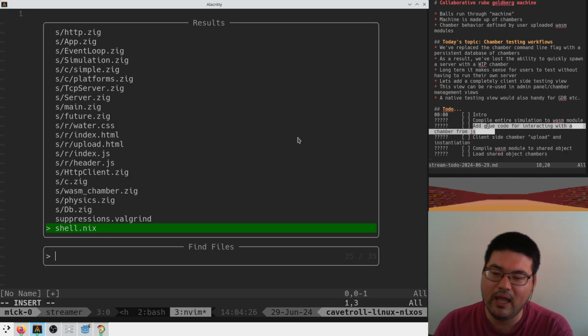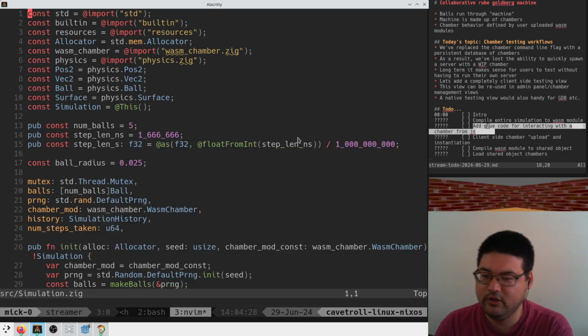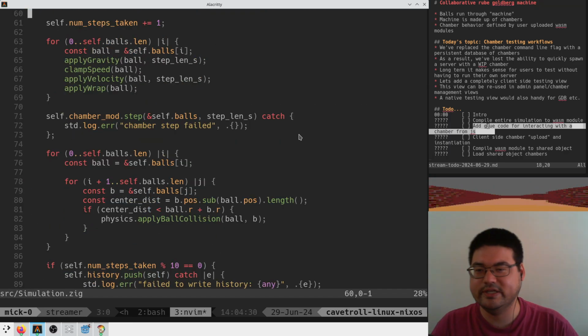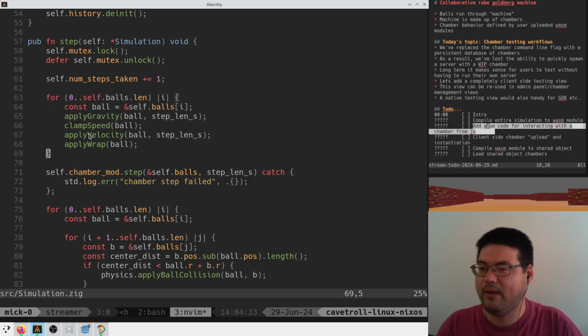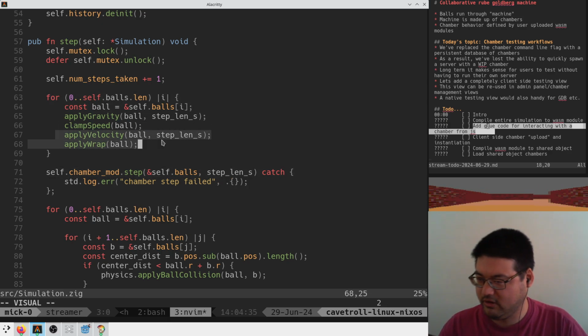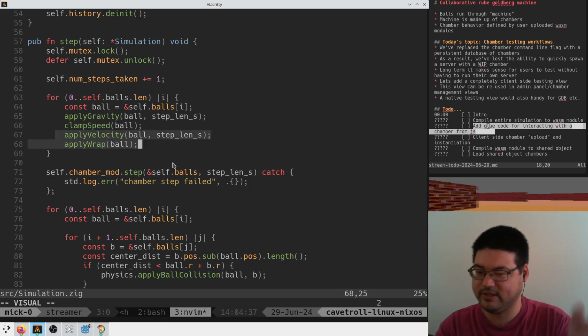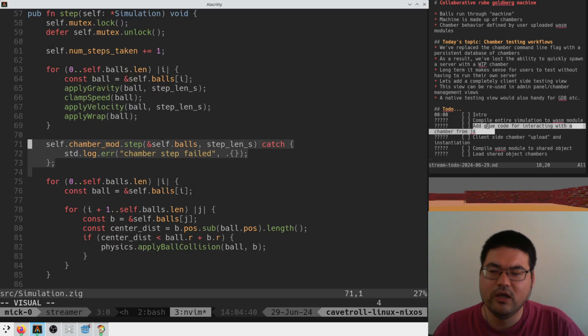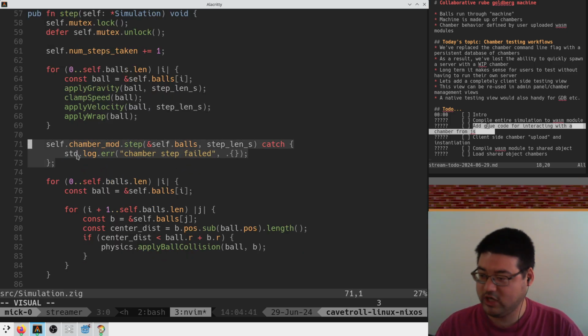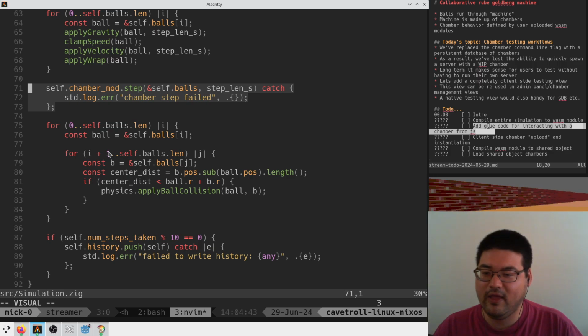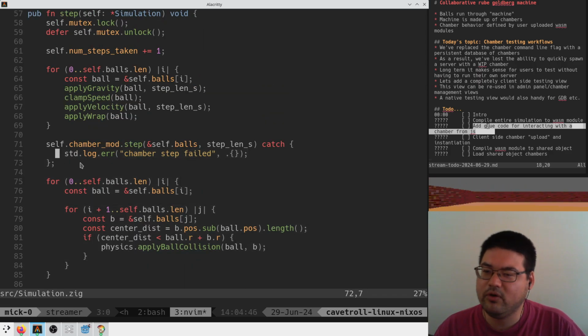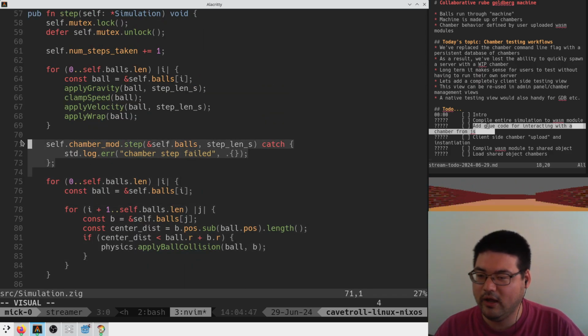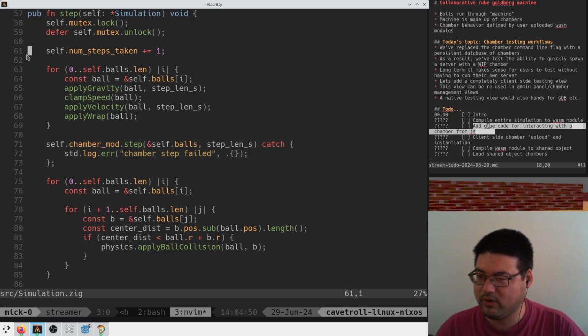So right now we have our simulation. It does this stuff where it says, I'm going to do some stuff with the balls, right? I'm going to apply gravity, I'm going to clamp the speed, I'm going to apply velocity, I'm going to wrap the balls around the chamber based off if they go past the chamber bounds. Then I call into the chamber and do a physics step, and then I apply collisions and stuff. So we want this thing to be extracted, but we want all of this